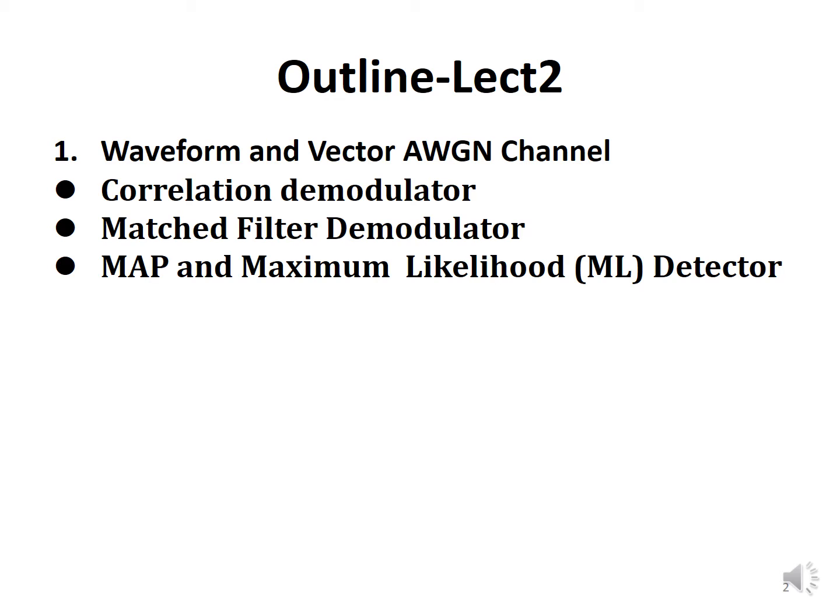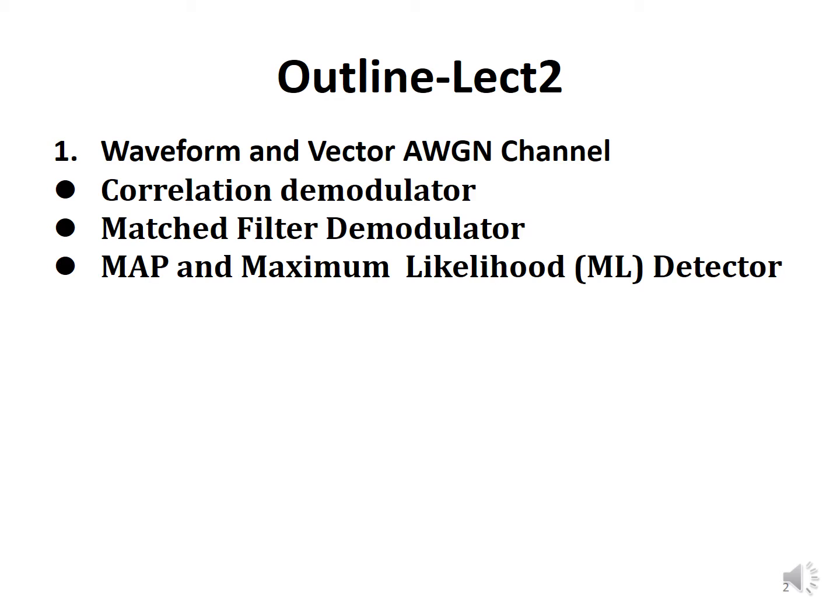Any kind of digital communication receiver may look very complicated, the architecture is very complicated, but fundamentally the receiver can be represented by these two parts. The first part is always a demodulator